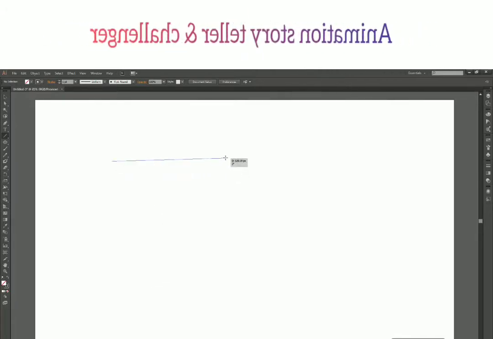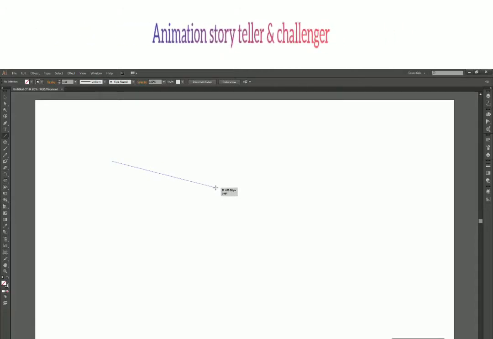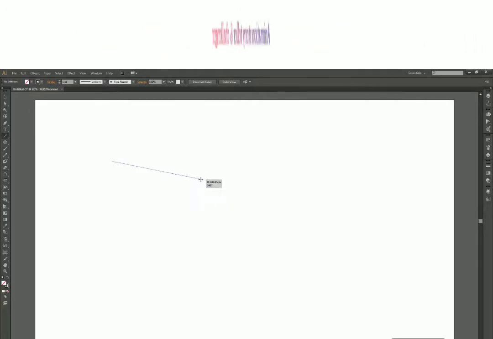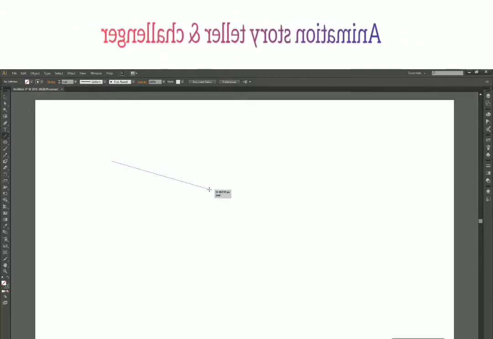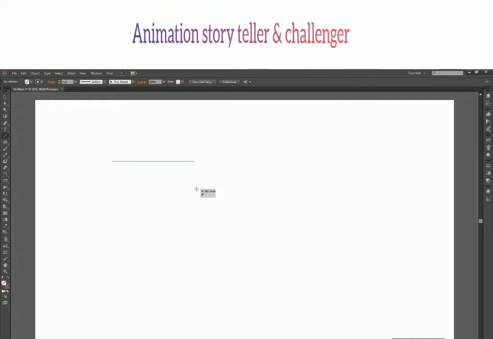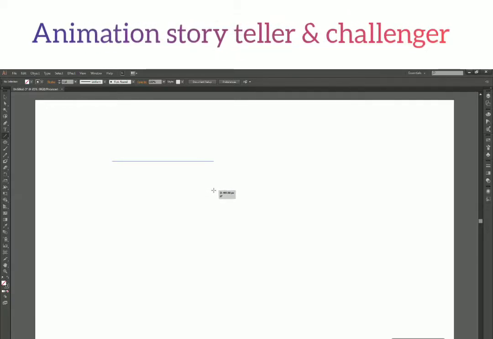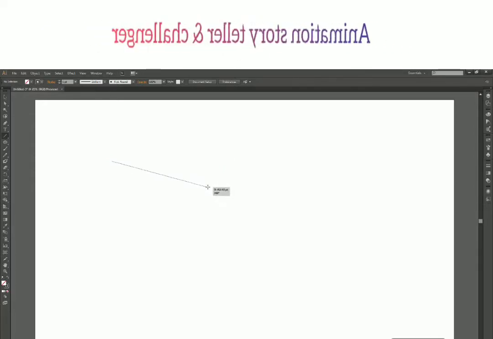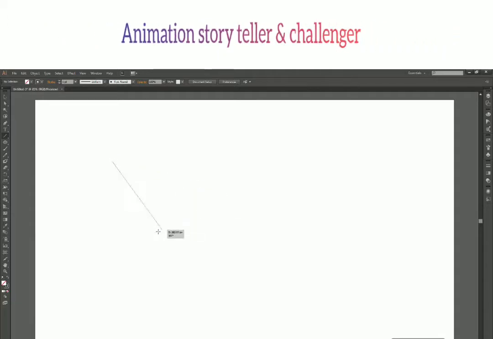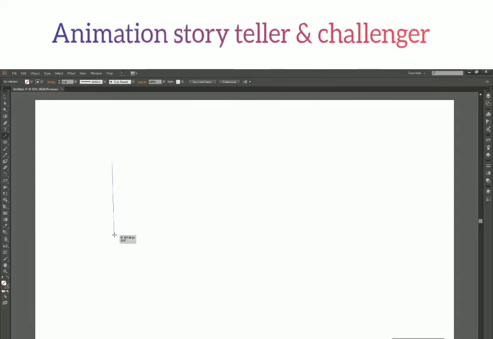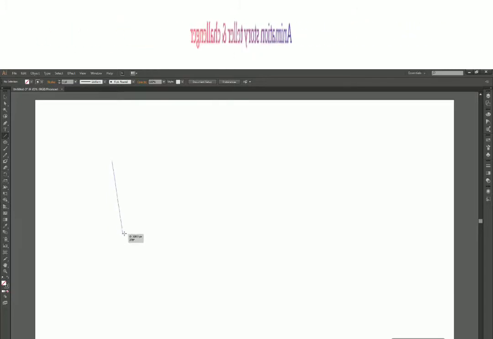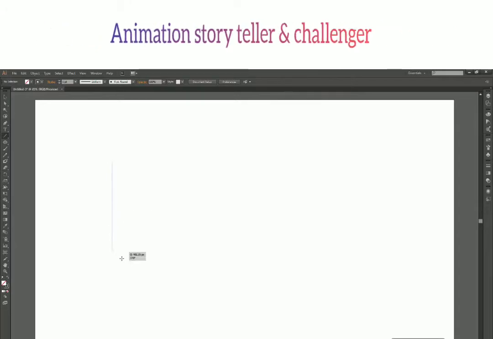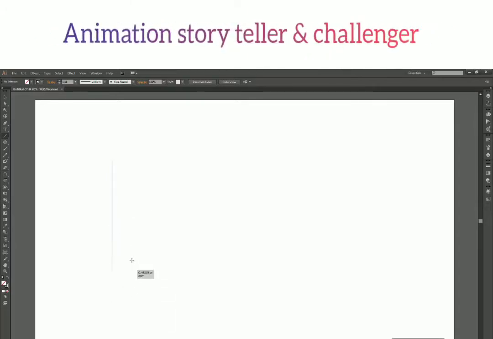While drawing the line, you can hold the Shift key. So just notice what happens when I hold the Shift key. Right now I am not holding the Shift key. Now I hold the Shift key and you can see that my line immediately got snapped to a horizontal axis. When I release it, it gets back again to my mouse cursor. Now, if I am closer to the vertical axis and I hold Shift, then it automatically snaps to the vertical axis. Now I can still draw and it will be a vertical line.